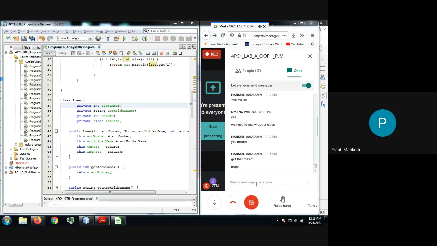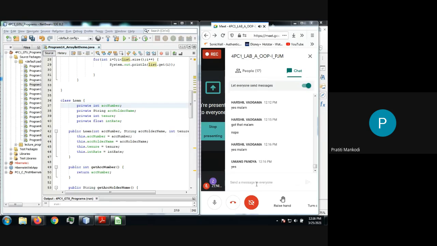No. Okay. A bean class is a very simple class in Java which will have only two things inside it: one is the constructor and second are the getter and setter methods. We have discussed getters and setters, right? The methods used to get the data members and the methods used to set the data members. So these are called beans in Java.